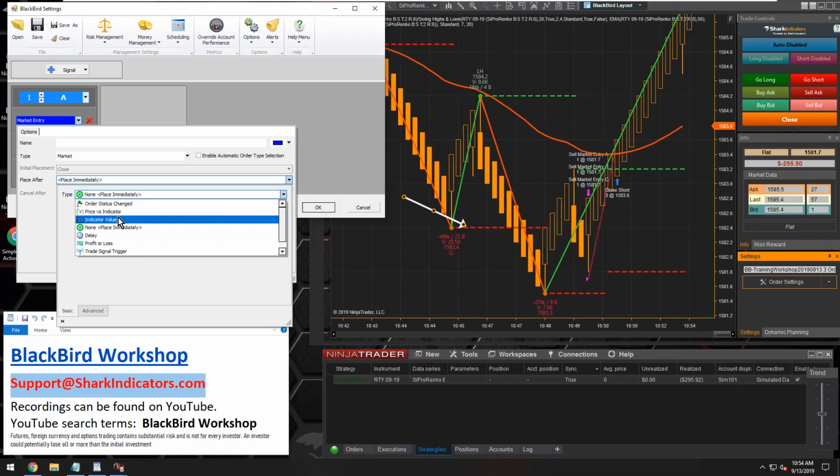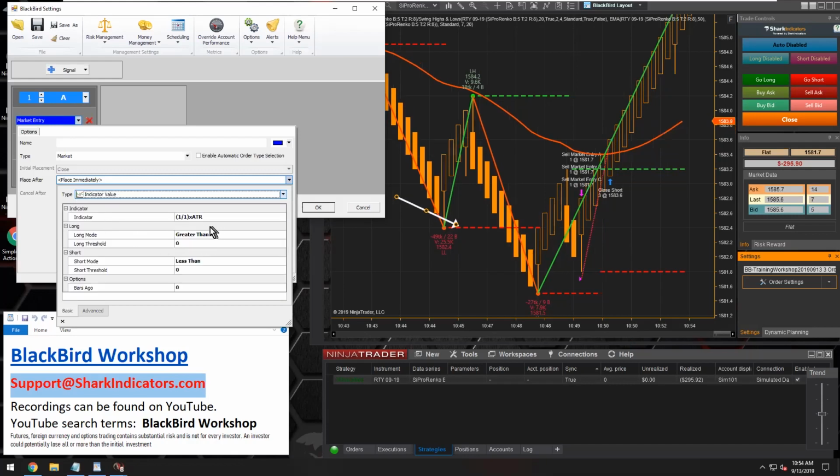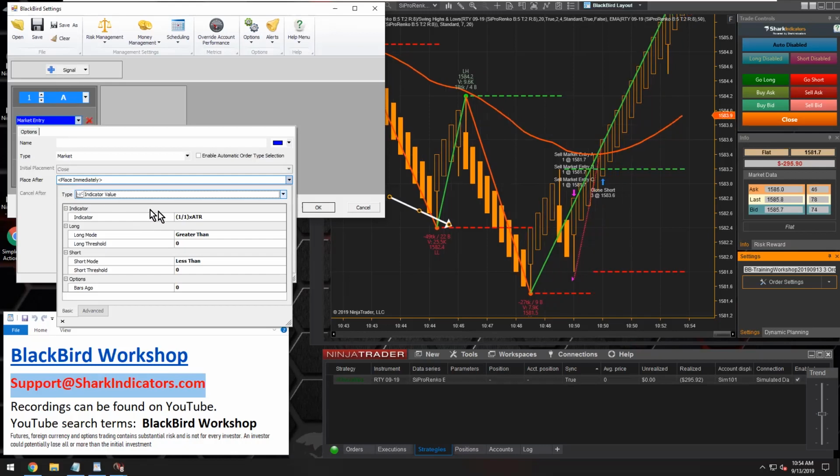The place after is designed so that, okay, if you get a Bloodhound signal, now look for this secondary condition. And if this secondary condition happens, then place the order, right? Let's do something simple here. I'll just use indicator values. So let's say a Bloodhound signal comes in, and then we have this place after, and we'll say we'll place this market entry order after the ATR